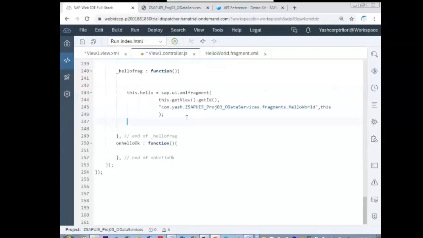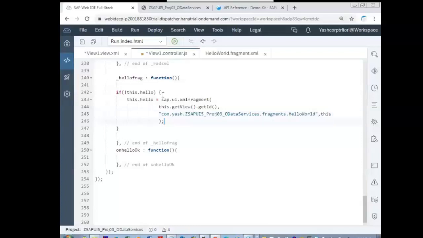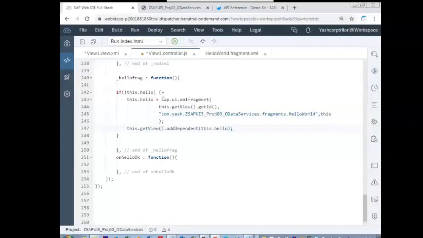Next. So when should this be invoked? If this is not created. So if not, then create the fragment. this.getView().addDependent of this.hello.